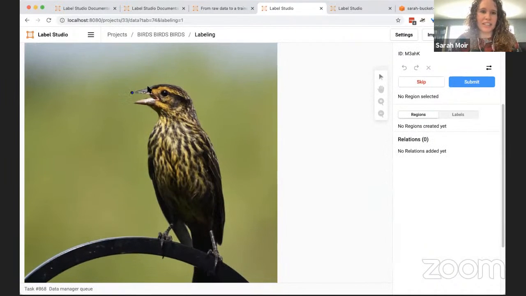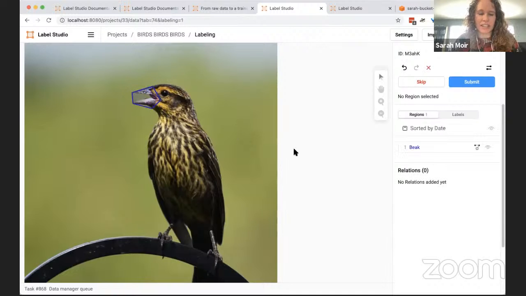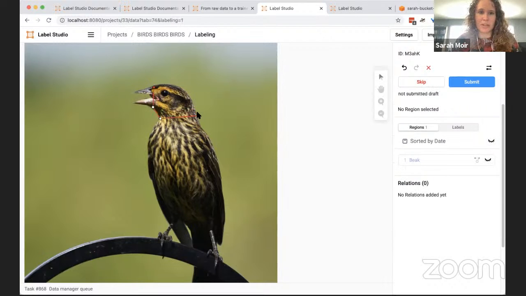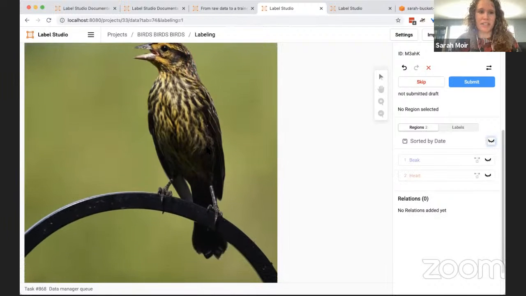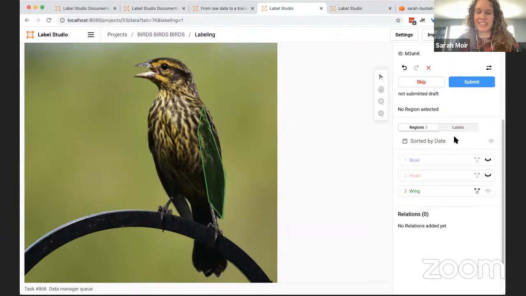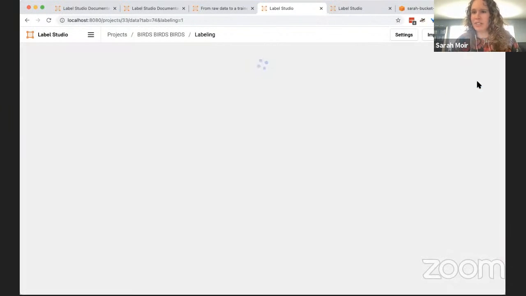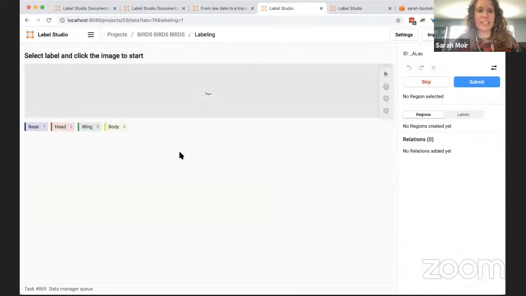So we've got, this is a really great data set. The US Fish and Wildlife Service has public domain images. These are all bird images that were photographed in the Midwestern region of the United States. And some of them are pretty hilarious, like this guy who is just yelling about something to somebody. I really appreciate that there are some really great public domain images out there available on Flickr and other websites